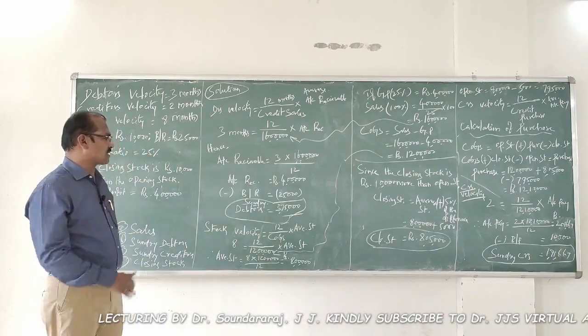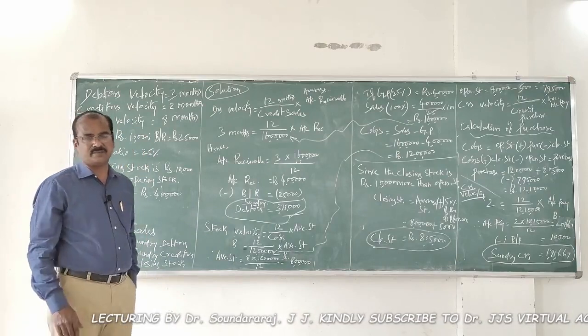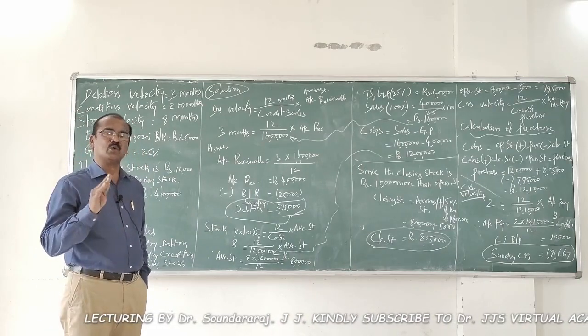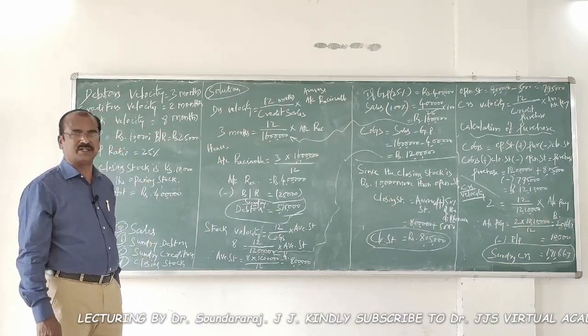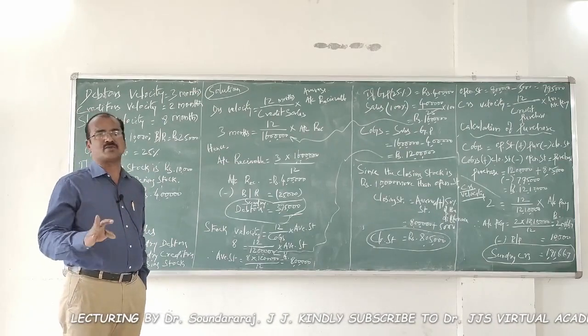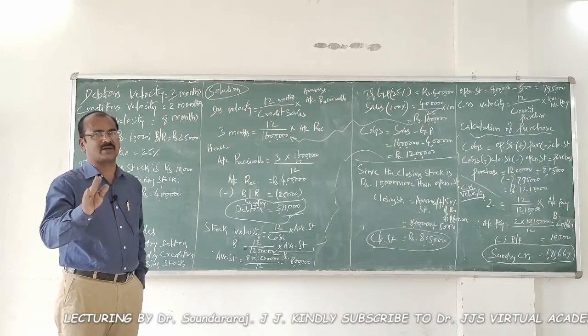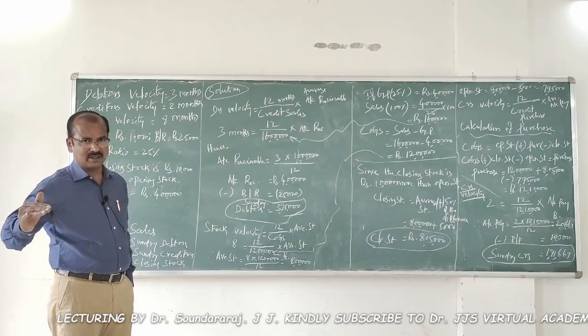Next, let us continue with the remaining 2 ratios. One is creditors velocity. You always reserve it for last. The reason is you need to know purchase to proceed with the creditors velocity ratio. To know purchase, you should know cost of goods sold. You should also know opening stock and closing stock. Otherwise, you cannot calculate purchase. So, reserve it for last.